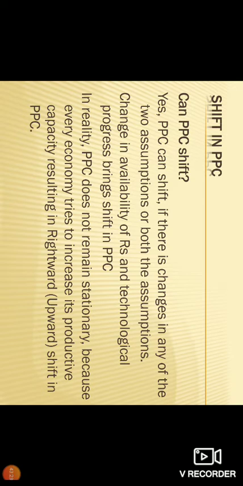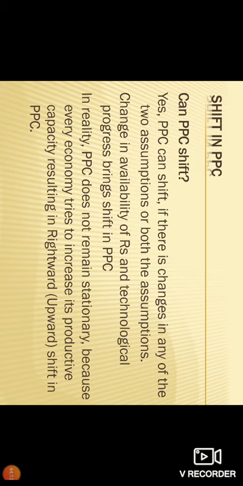Leftward shift is a bad sign of an economy. On the production possibility curve, any combination on it is a good sign. India now is below the production possibility curve because it is not utilizing its human resources and the economic resources available to the government and the nation properly. The resources are not completely utilized. Therefore, we Indians have combinations below the production possibility curve. So you can understand the economic condition of India.